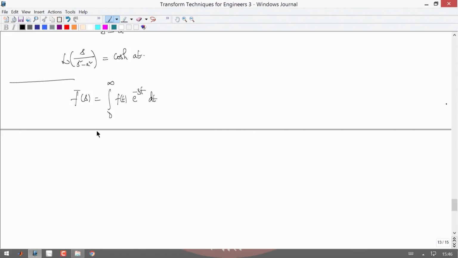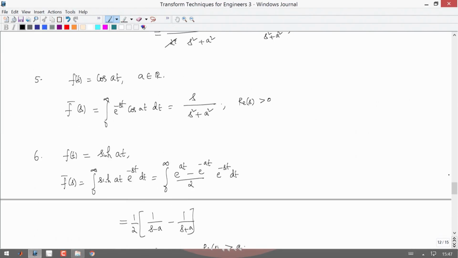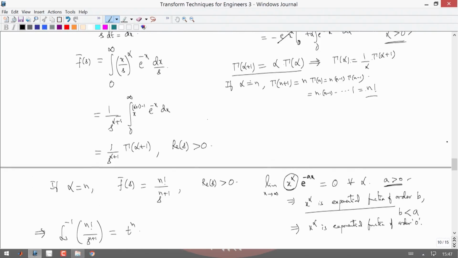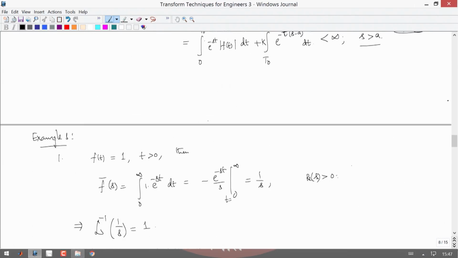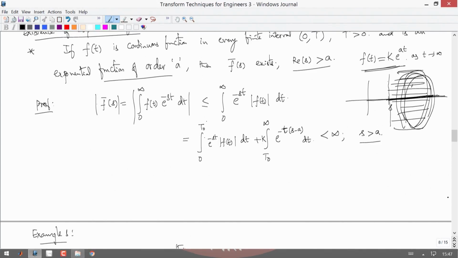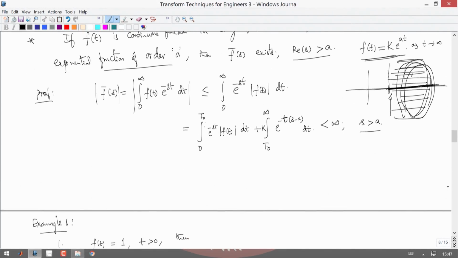We have seen that this exists, and also you can see the limit of f bar of s as s goes to infinity. What happens to this? If you consider this, you can easily see that the right hand side we have derived earlier. So from this one can show that